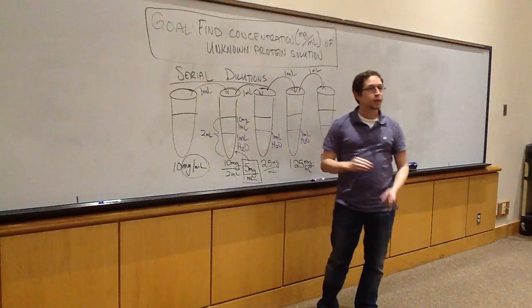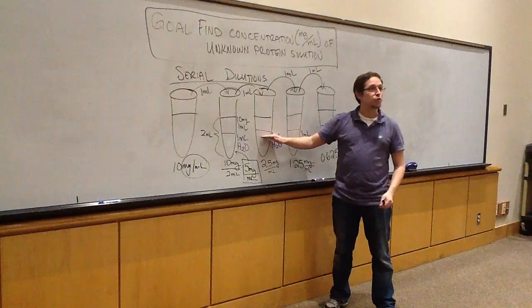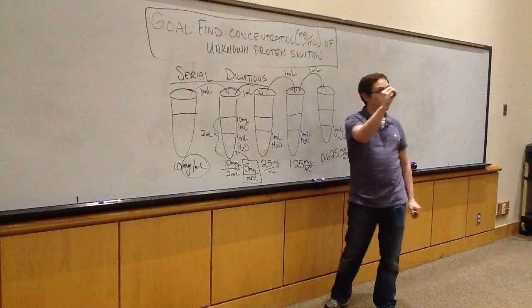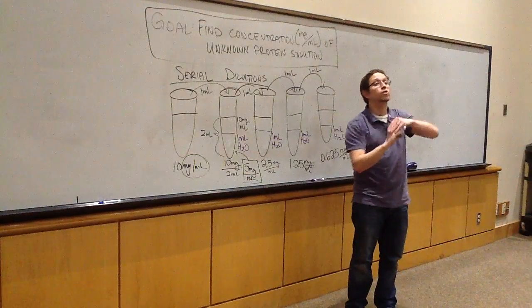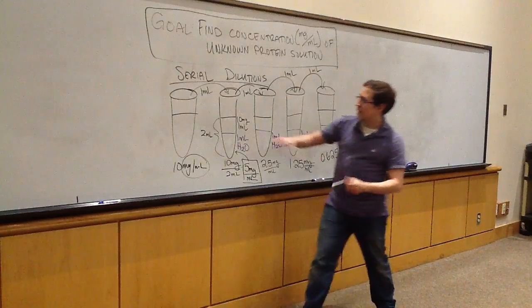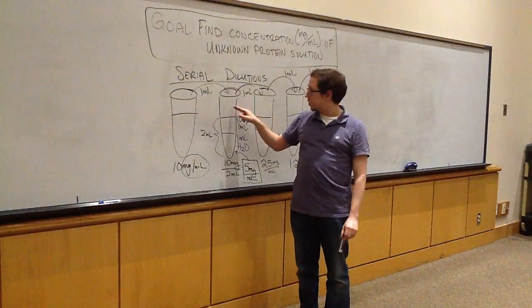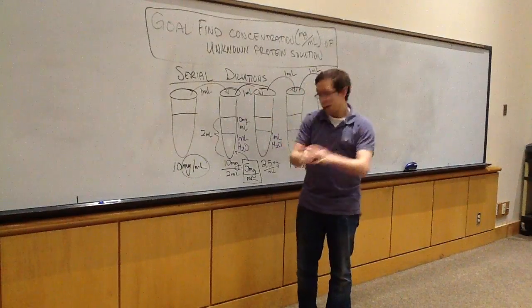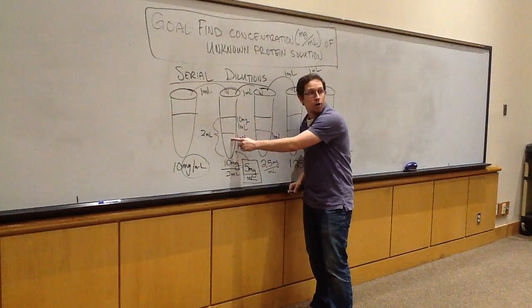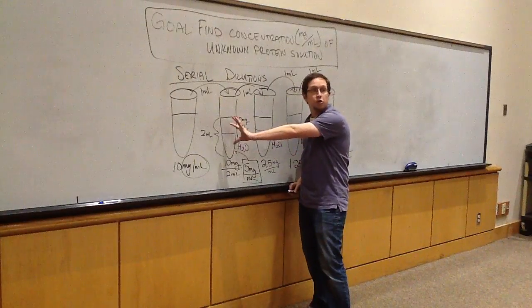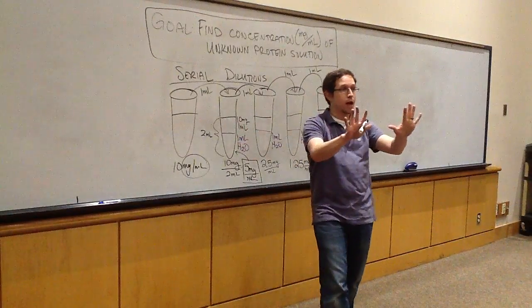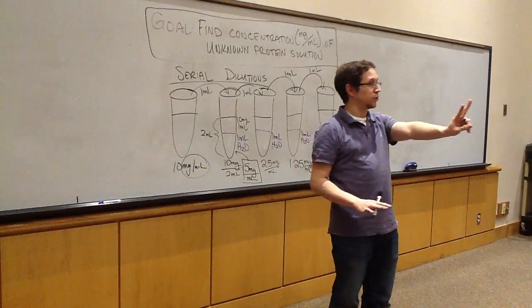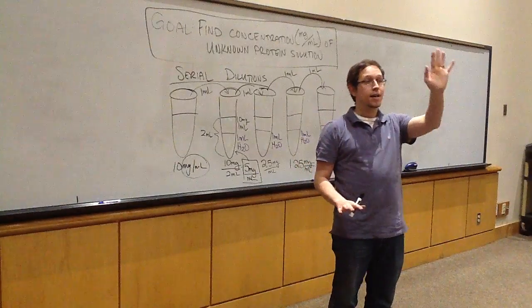I'm diluting. And what that means is I'm putting half of the tube as water, which has no protein, and then I'm adding in a certain amount of protein. So example, again here, when I added 1 milliliter of solution, I was adding 10 milligrams of protein. But because I have a milliliter of water, I technically now in this tube total have 10 milligrams in 2 milliliters of solution. And when I simplify that, it gives me